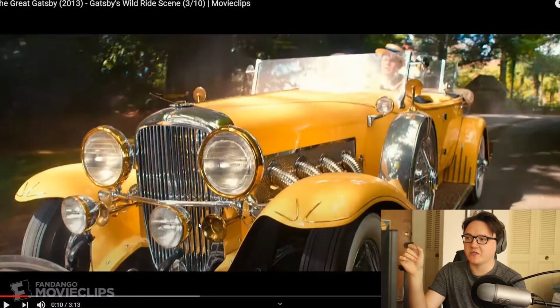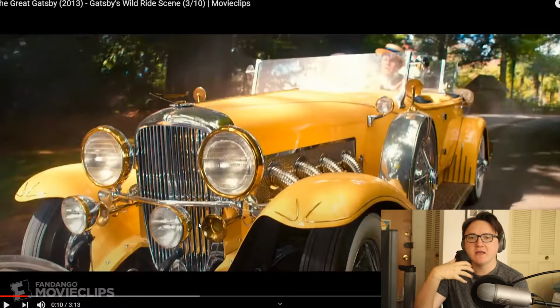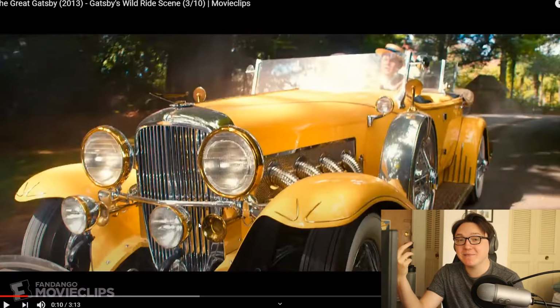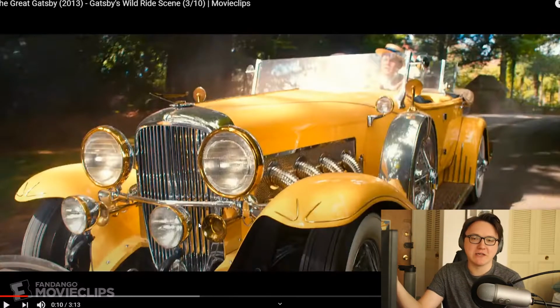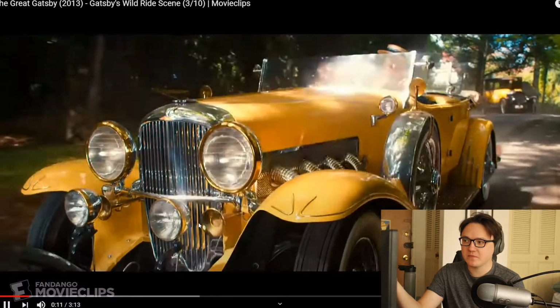Now there are plenty of movies where mouths don't match words. If you're ever wondering why, it's either they chose audio from a different take or they did ADR. But right here in the shot where it's a little bit farther away, his mouth is a little bit obscured by the sun. So they do that on purpose because they don't want you to be reading his lips, but it clearly doesn't match.